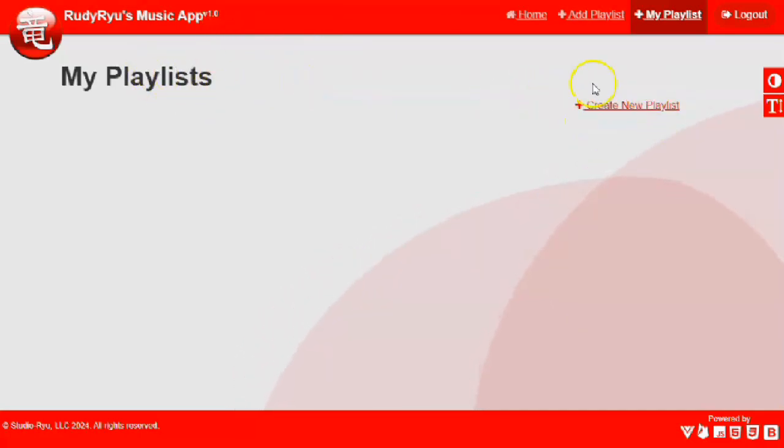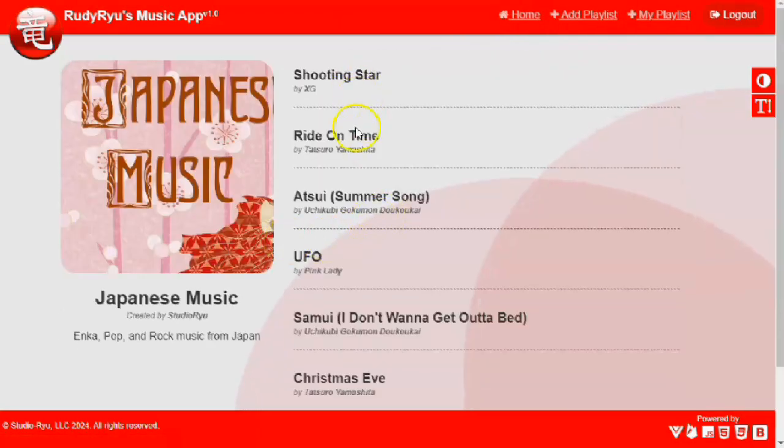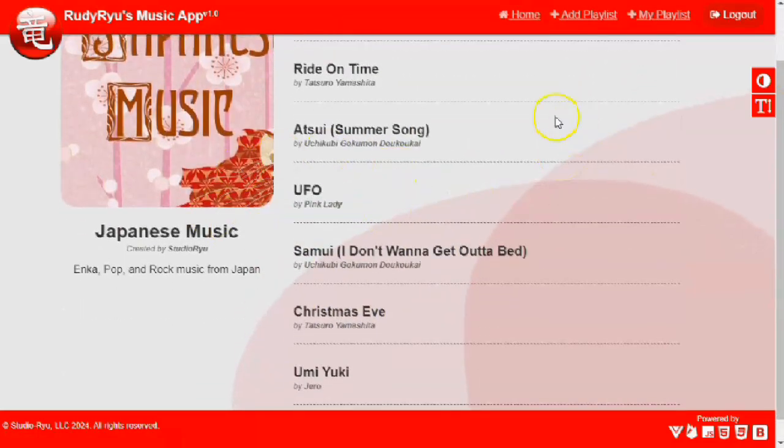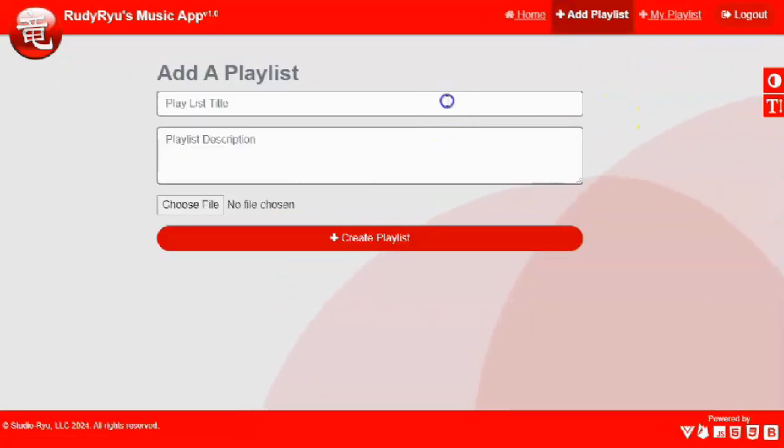And again, I don't have anything in my playlist. Now I'm logged in, so I can click on these different lists, but I can't manipulate them because they don't belong to me. I didn't create them. So if I wanted to add a playlist, now there's my playlist and add playlist. So I can add a playlist, and I can say,